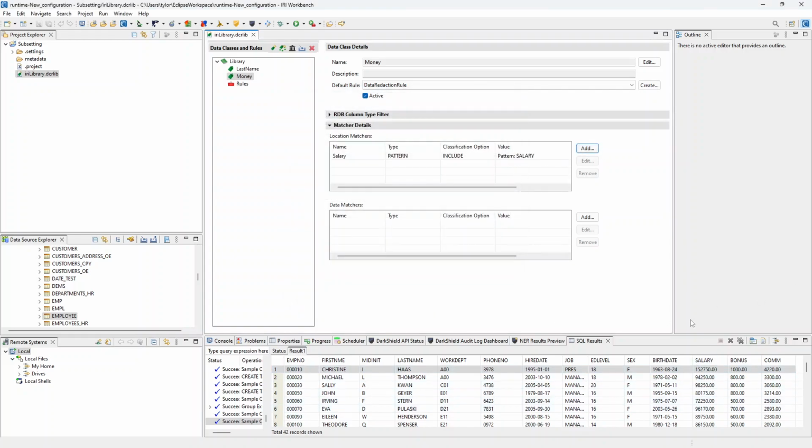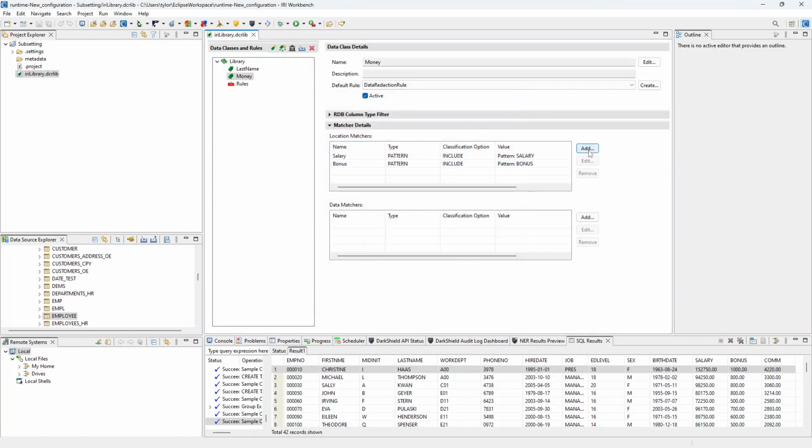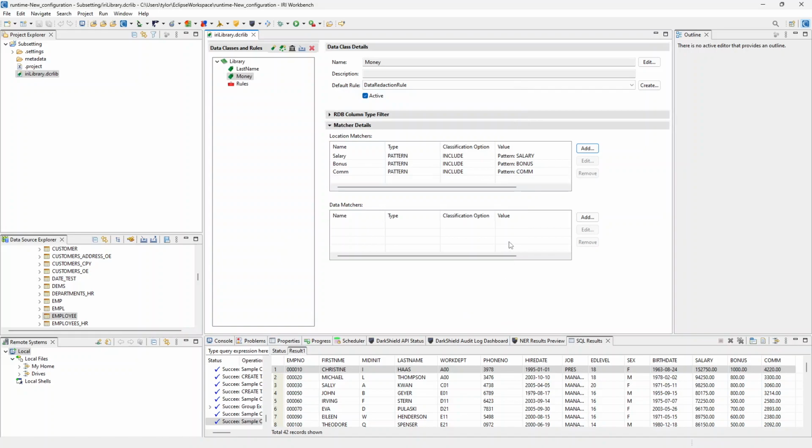I'm going to click OK, and I'm going to also do the same thing for bonus and commission. And one more. Perfect. Now we have all three of these location matchers included under our default rule of redaction under our data class of money. Now we're going to move on to the last name data class that we created, and we're